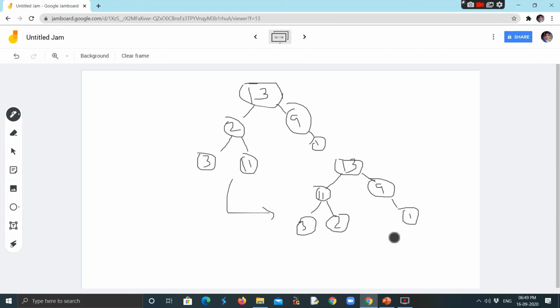You can see the parent node value is greater than the child node value. So we'll exchange the root with the last element, that is 13 and 1, and 13 gets eliminated. So 1 comes to the root node, and 13 gets eliminated. You'll see it in the next slide.